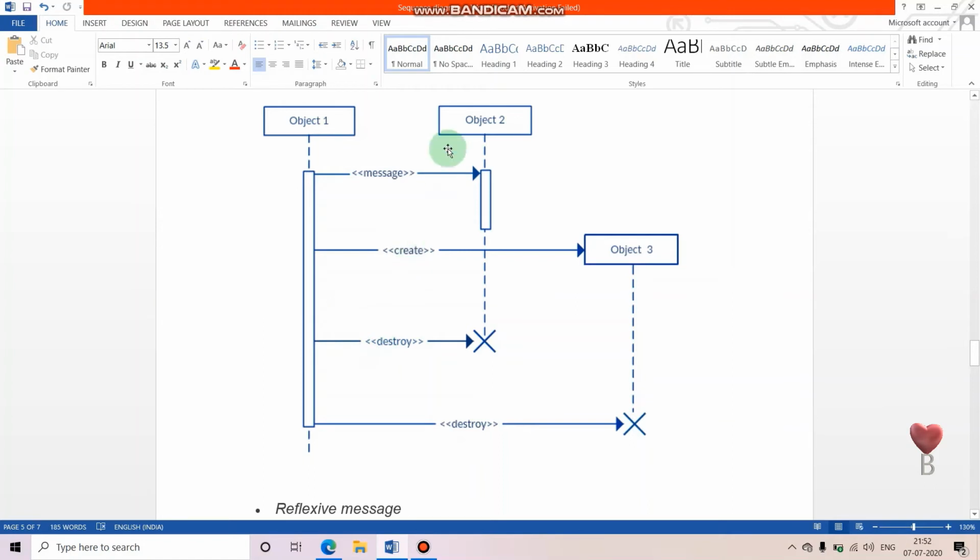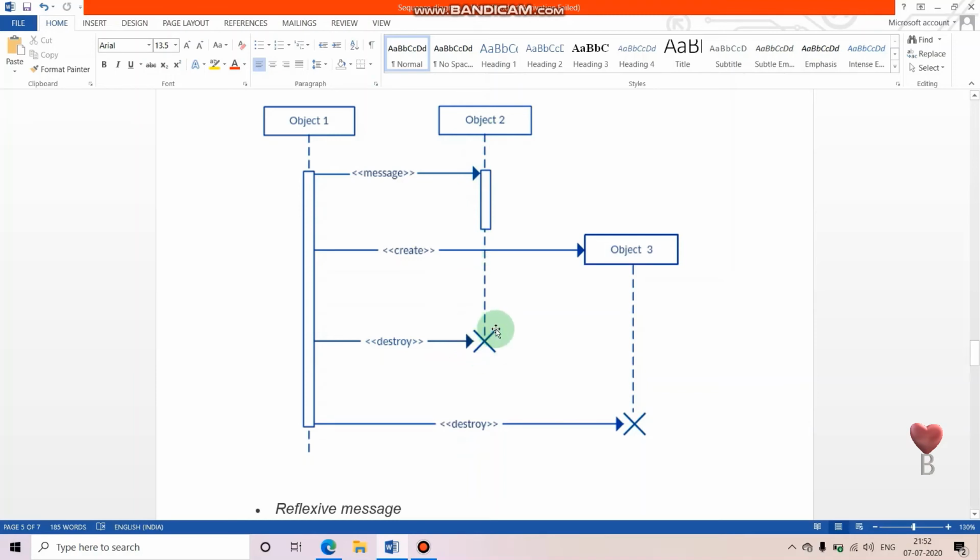Now see, if you don't want this participant or this object anymore in this diagram, you can use this destroy symbol. This cross symbol will indicate that this object lives till here only.